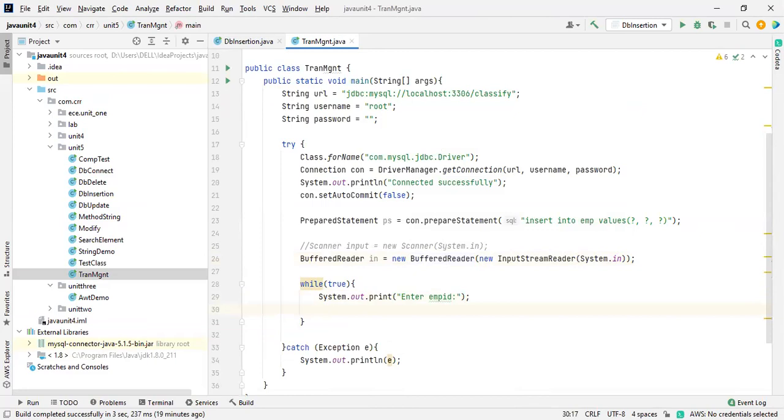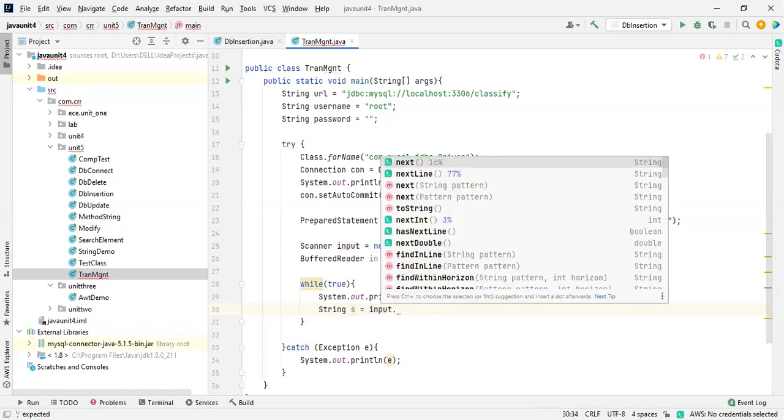I'm going to show you like String s is equals to, so what I need to do, br dot readLine. Sorry, in dot readLine. So now you are going to give the data to s. If it is a scanner, in the previous programs, what we did was input dot nextInt, input dot nextInt. Just a second, I'll be back.